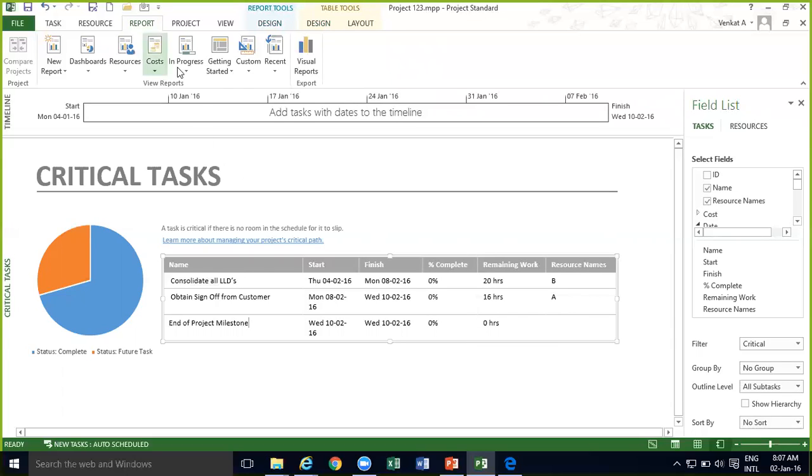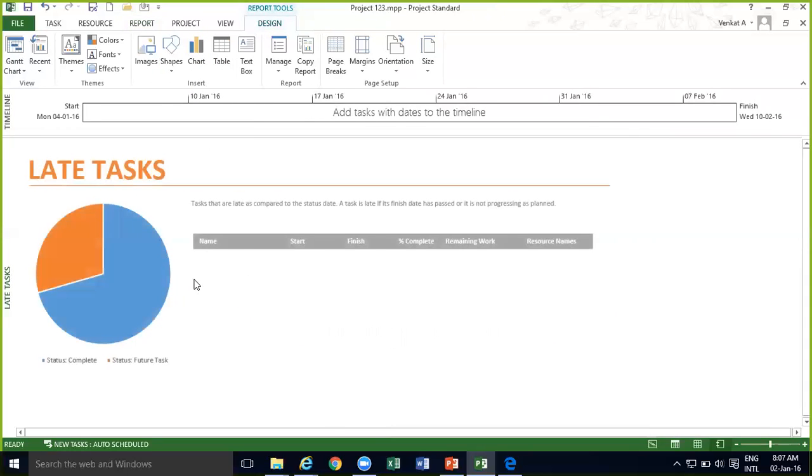So now in progress, late task. Any late task will get highlighted here. So some things which are late as compared to the status date. A task is late if it is finished, it has passed, or is not progressing as planned. So any late task, automatically it will capture and put it in this table here. Okay, and